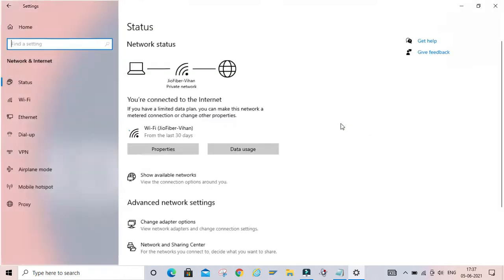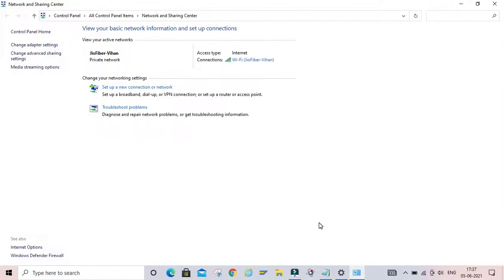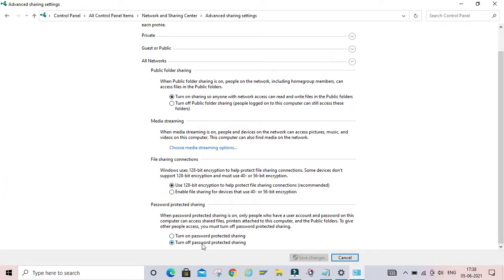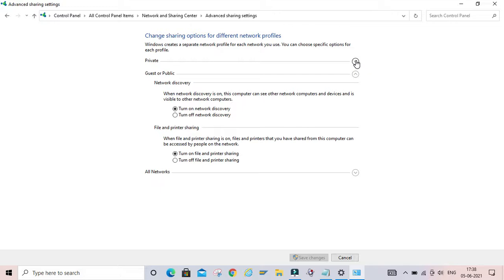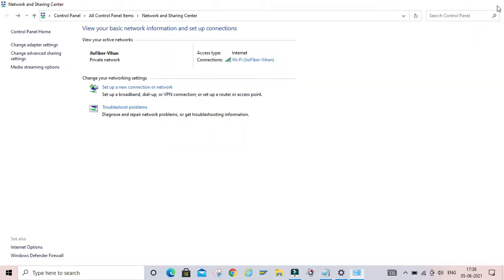In that network settings, from there, network and sharing center. From here, we can see on the left side, change advanced sharing settings. From here, turn on the sharing and turn off password protection sharing. Do for all the profiles and private network also. Then save it, and then after,